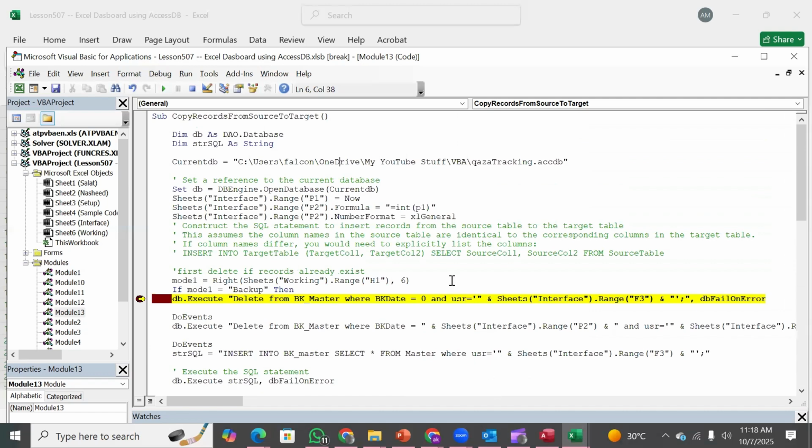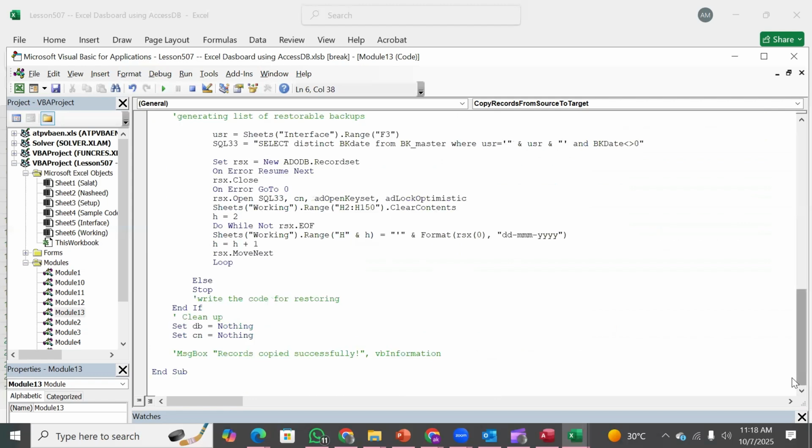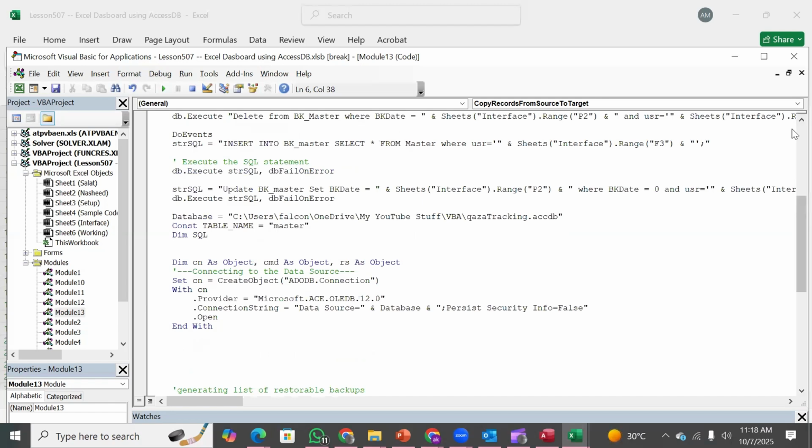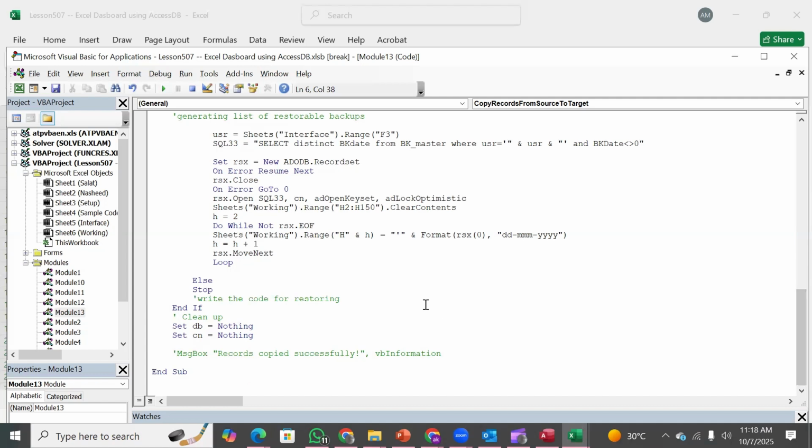So in this video, so far we have done this. It will reach in here, and it will perform the backup. We have not made any changes for the backup. Backup will take place and the email will be composed. But in case of restore, it will stop, and that would be the point when we start writing the restore code, right? So let's